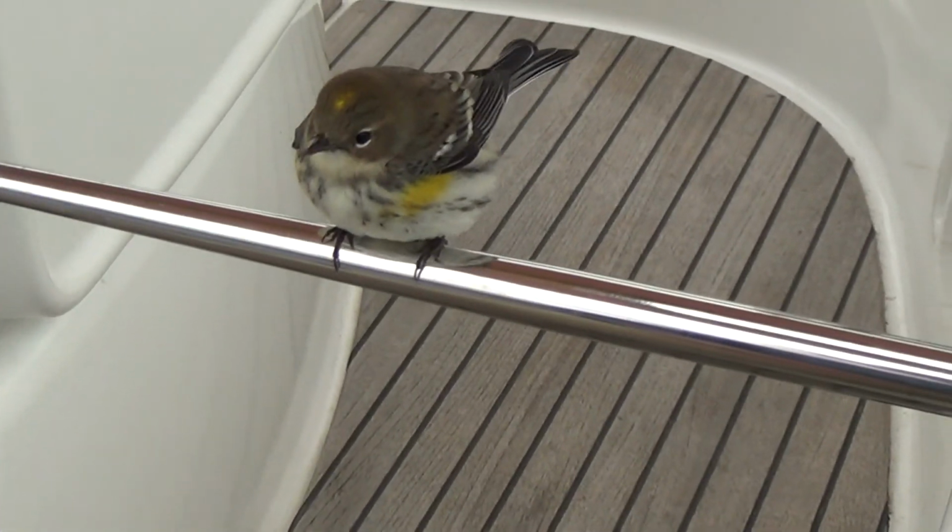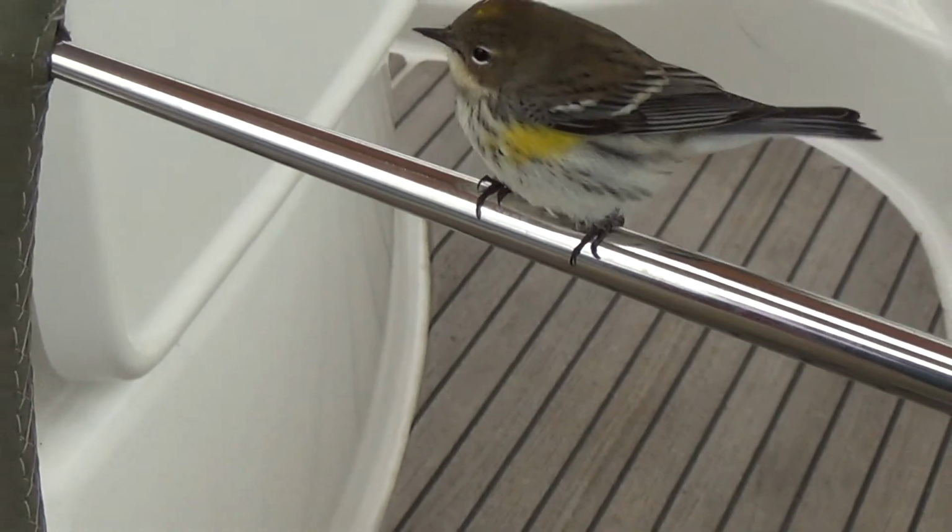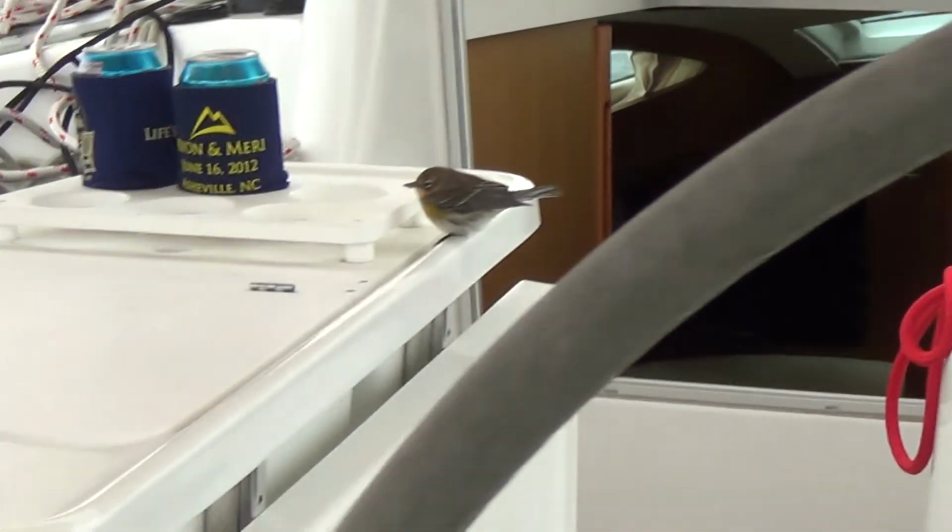That is the steering wheel of the boat we are on. That is pretty funny. You can see how close we are. Yeah. Close. Put the food up on the deck and see if we can